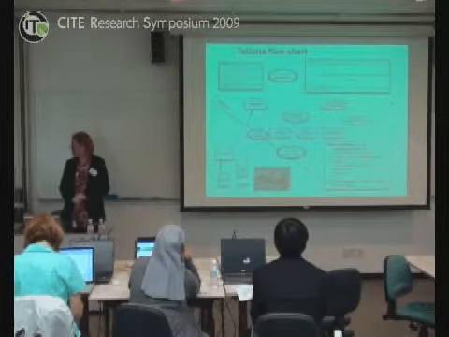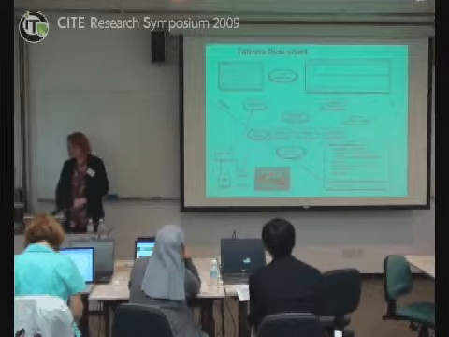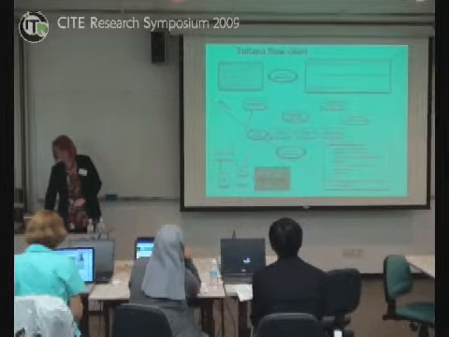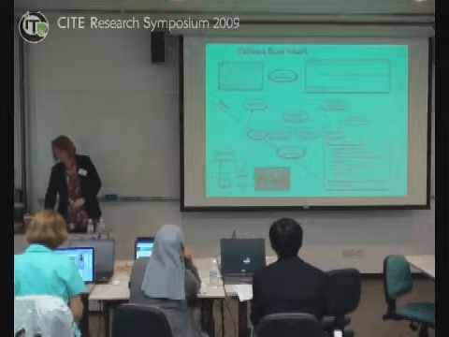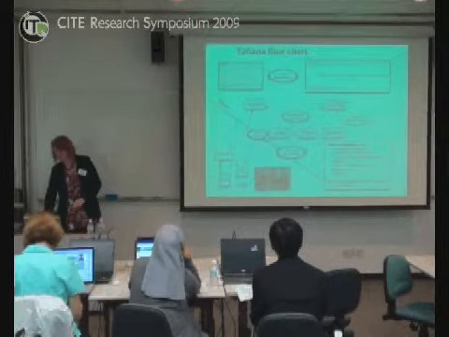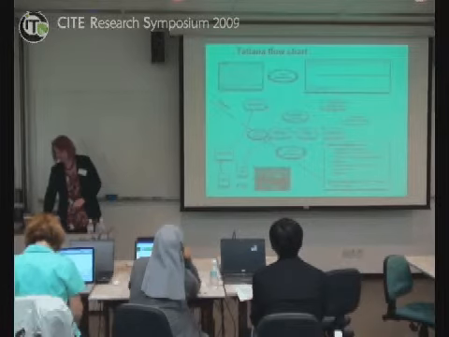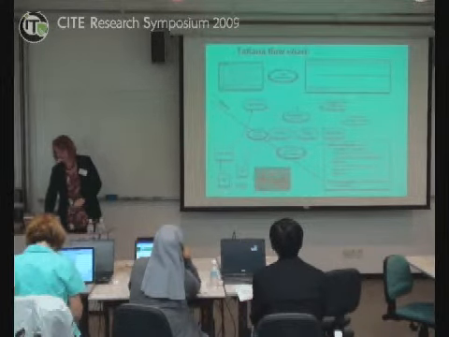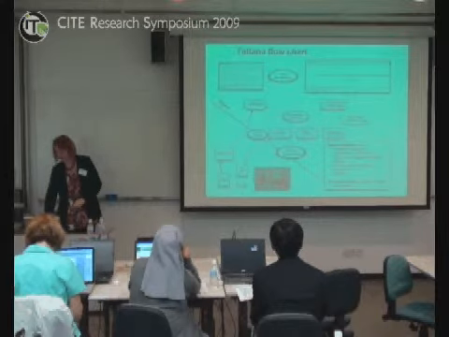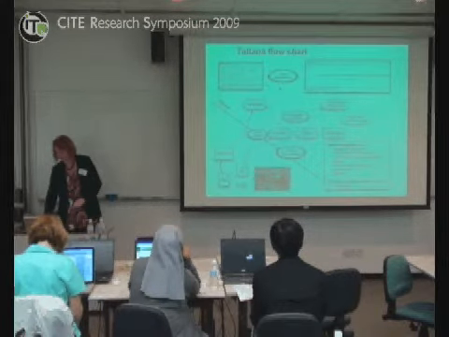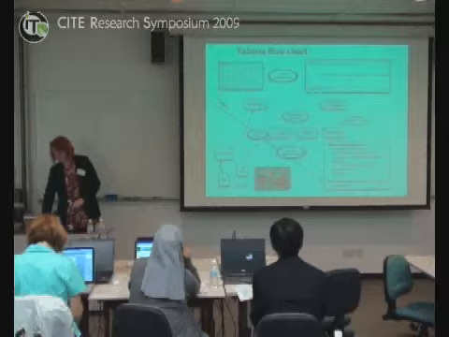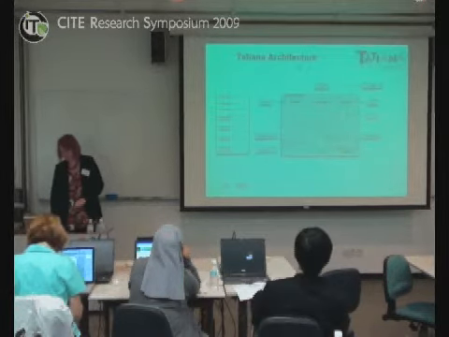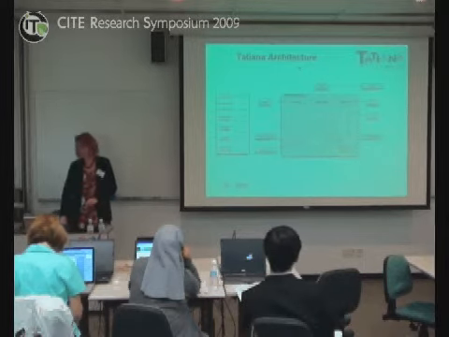This is a flow chart that illustrates what type of data we have going in, video, and produce log data with the computer program Drew, and the different types of transformations that we can perform to get to these visualizations. I'm not going to spend too much time on that. And the Tatiana architecture, I think I'm going to skip over that as well because it's a little bit more